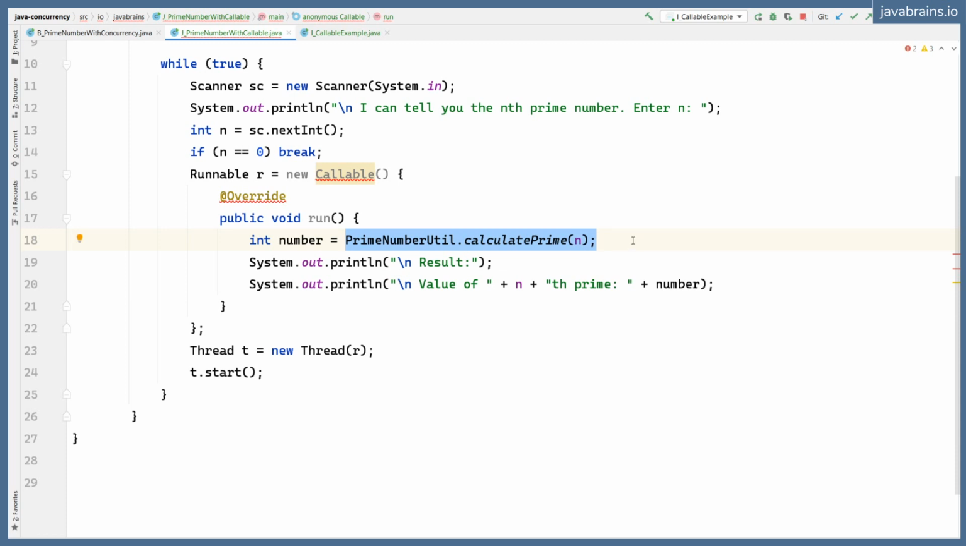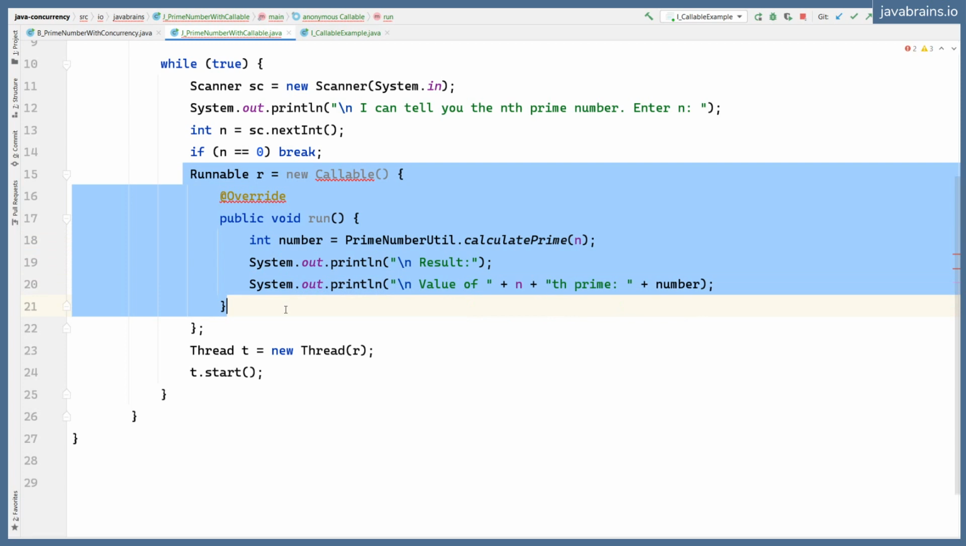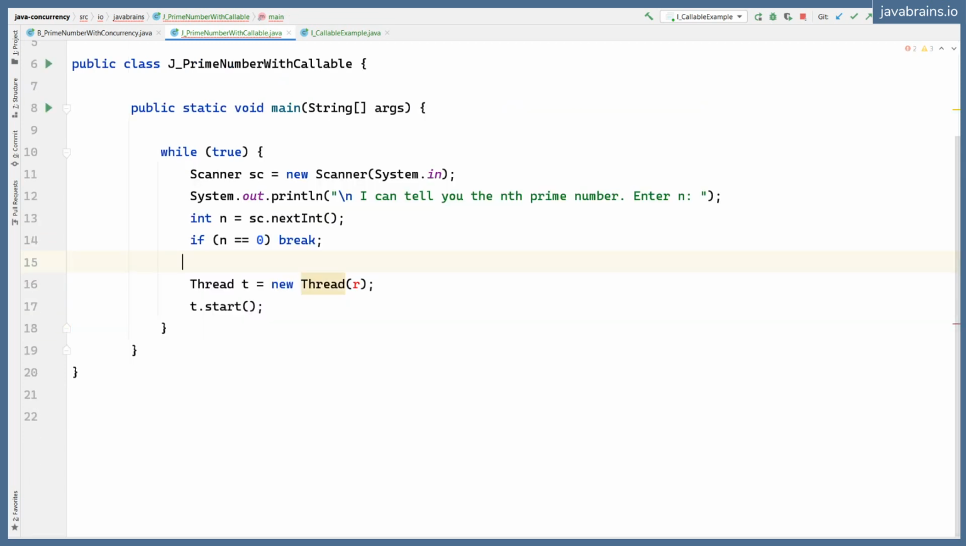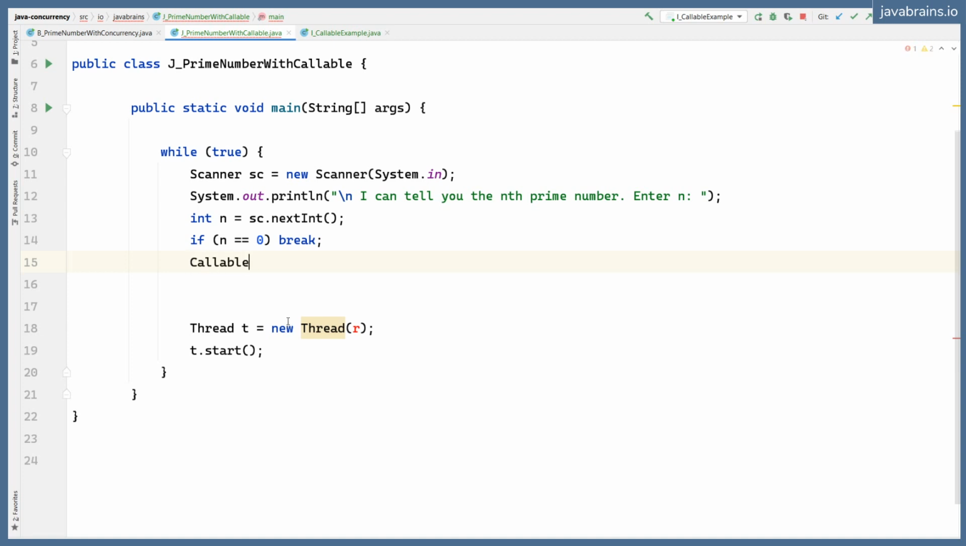So I'm going to copy this. Let me actually remove this and do this again. I don't know why I'm reusing the same thing. I'm going to create a callable of integer. What do we want this callable to return? We want it to return the prime number. I'm going to use an integer. So I'm going to say callable of integer, c equals